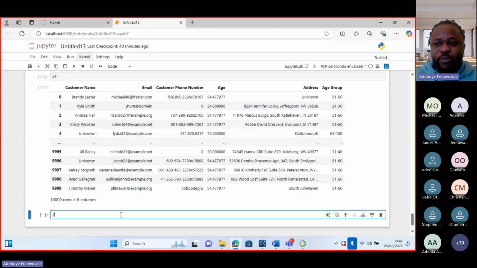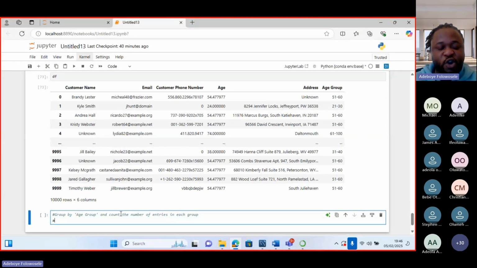You make use of the group by. This is where the group by comes in. We are going to group by the age group and count the number of entries in each group. So let's call it age group counts. Age group counts equals df dot group by